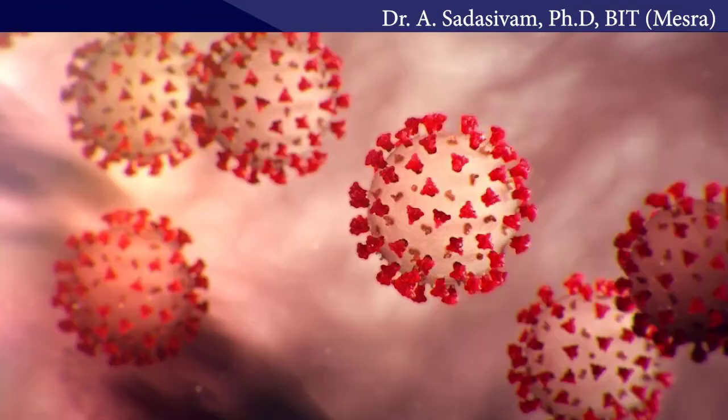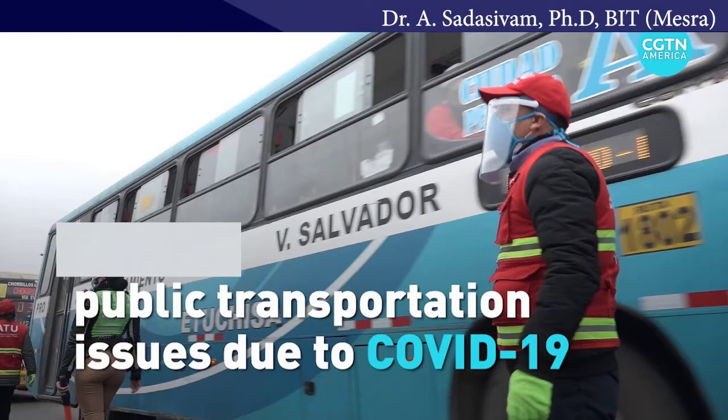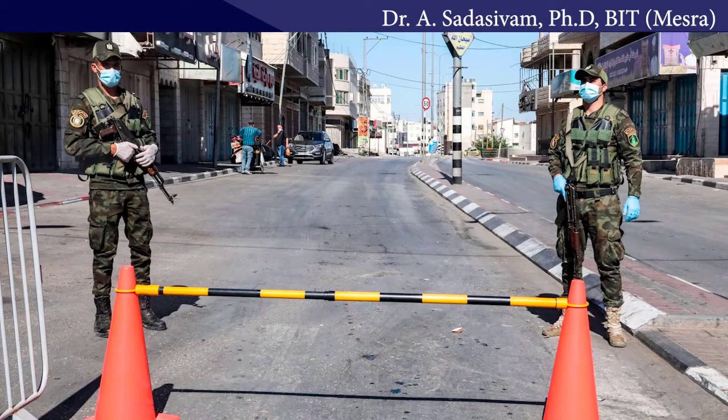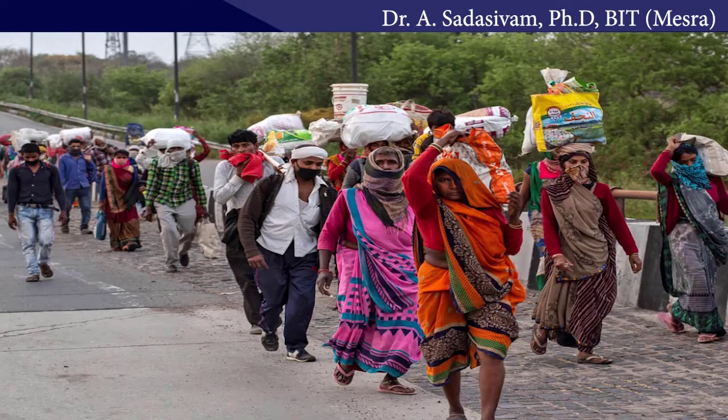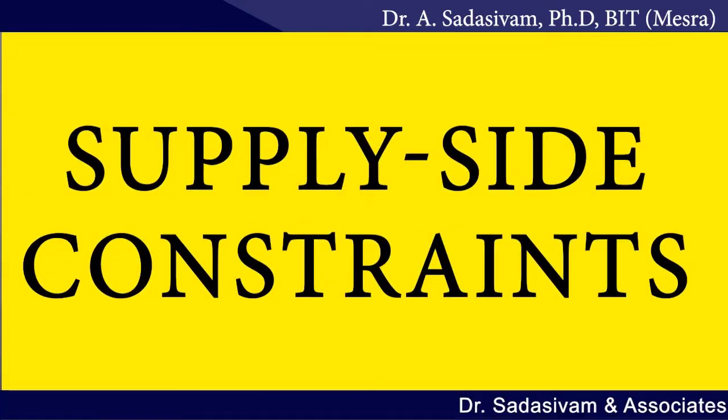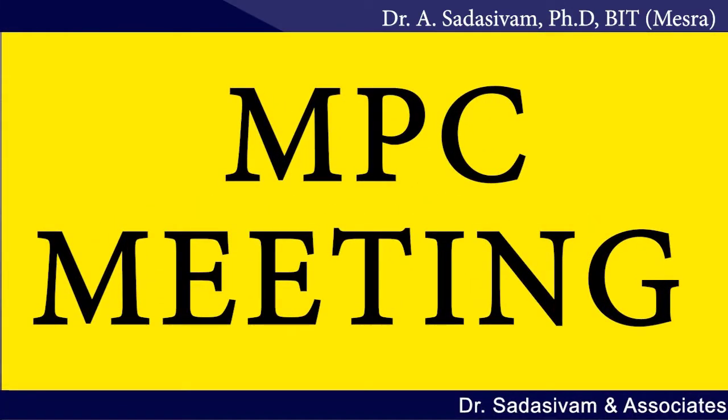There have been lots and lots of supply side issues. We are all witness to that because of COVID: your transportation, your lockdowns at the local levels, migration of labor from cities to villages and villages to cities. All these things have created a huge level of supply side constraints, and all that needs to be addressed by the government. Of course, the government is doing whatever it can, and whatever has been discussed in this MPC meeting,